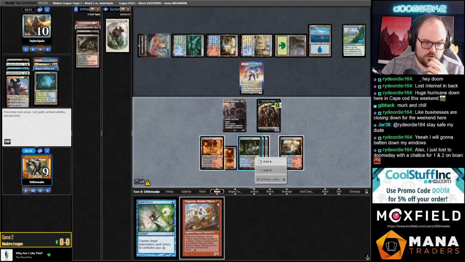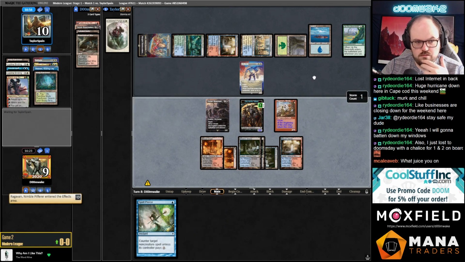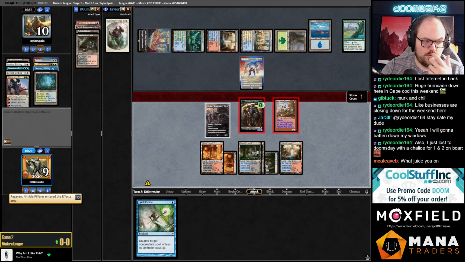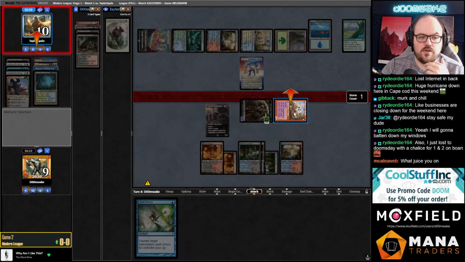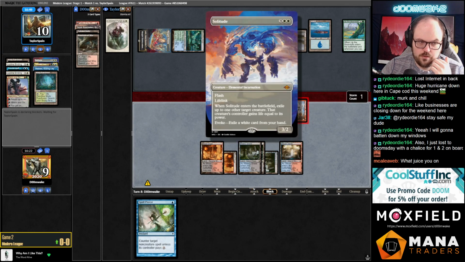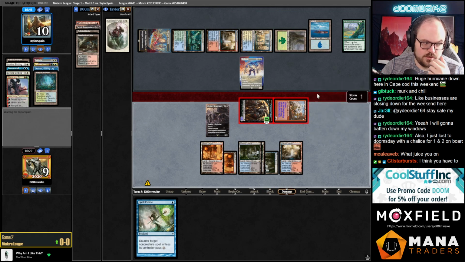I guess that's a forced trade? Is that a good forced trade? Probably, I think. Because I want to dash the Ragavan before he gets to untap with Purge. Because if I don't dash the Ragavan here, he just doesn't attack with Solitude. Like, maybe there's a chance that...